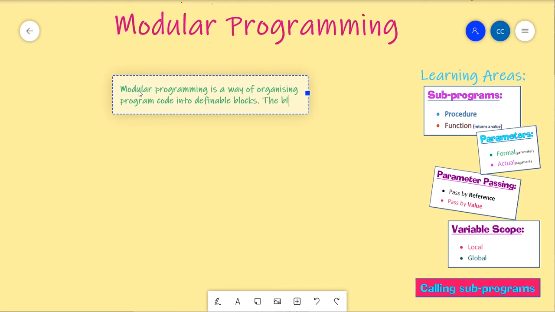The blocks, and sometimes they're called chunks, carry out a specific task. So that's it. That's what modular programming is. It's just a way of writing your code, and the code's written in blocks. It's written in sub-programs. So the blocks are called